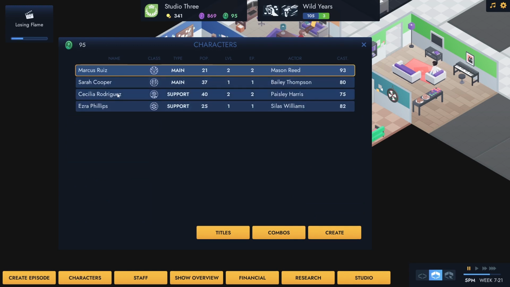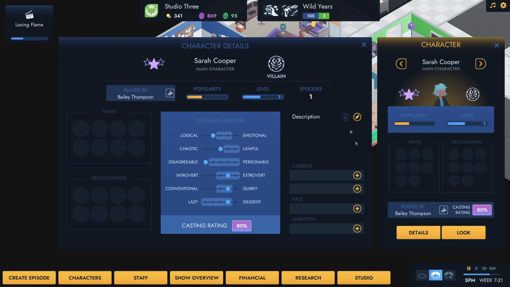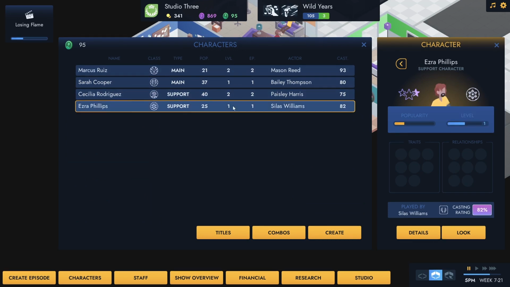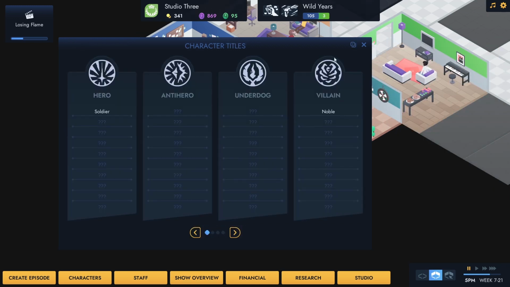And Sarah, have you? Oh, you're still level 1. Yeah, you haven't got a new trait. Cecilia did, being the sage. Ezra, you're still on level 1. That's okay. Anyway, as I was saying, looking at the titles here, I'm not quite sure why the villain is